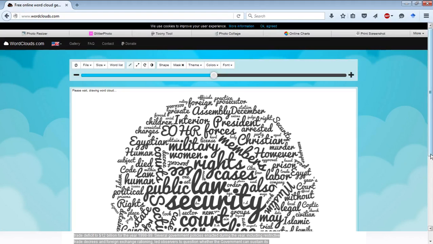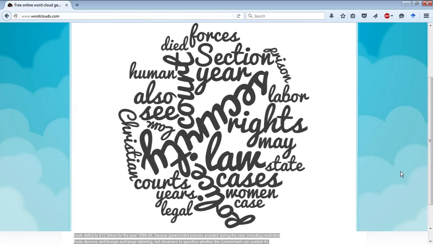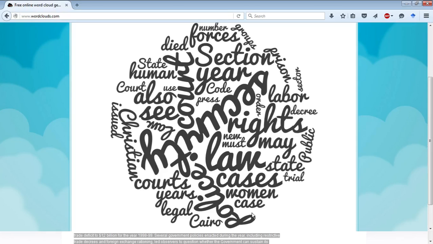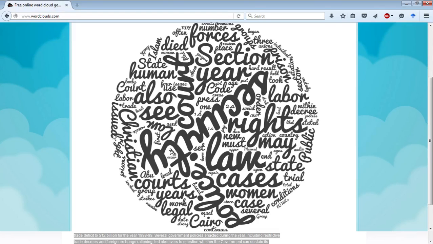The algorithm also lets you scroll and zoom out and in a little bit. I'm going to zoom out to about here. Alright, so the algorithm populates the circle with the words and makes bigger the words that receive more emphasis in the text. So immediately we can see that this country, which is not a US ally, the Human Rights Report